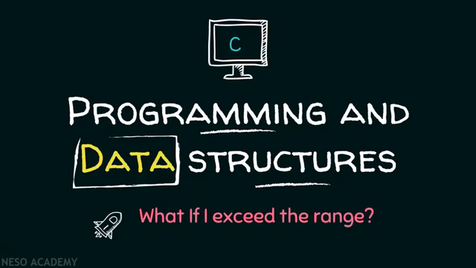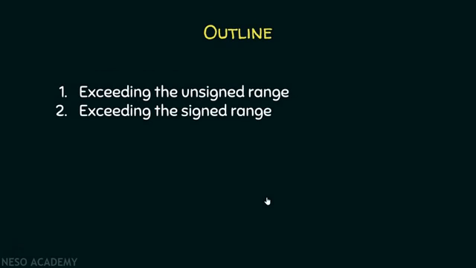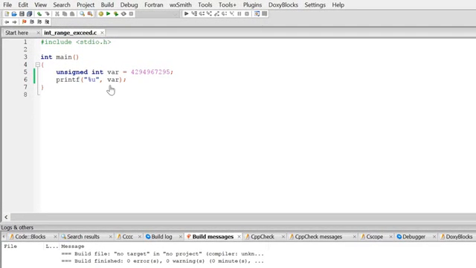Today we are going to address a very good question: what happens when we exceed the allowable range? In this session we will talk about the range exceeding condition of integers, both signed and unsigned, and a similar concept is adopted on other data types as well. So let's get started. Here in this example, I had provided an integer variable, and that too an unsigned integer